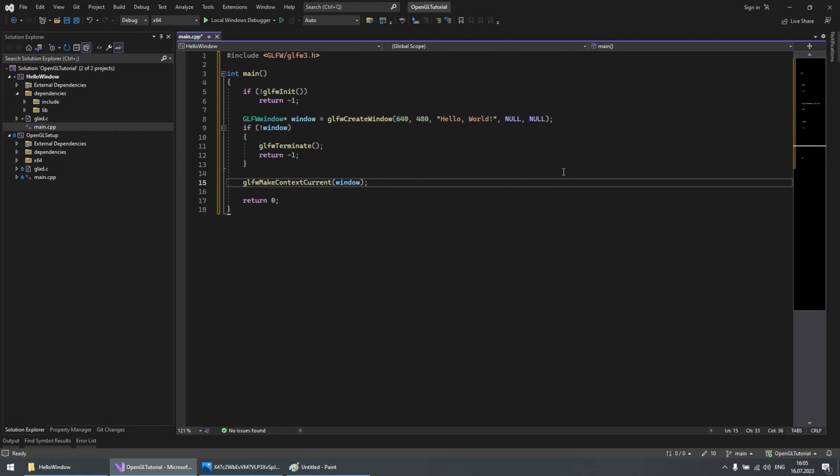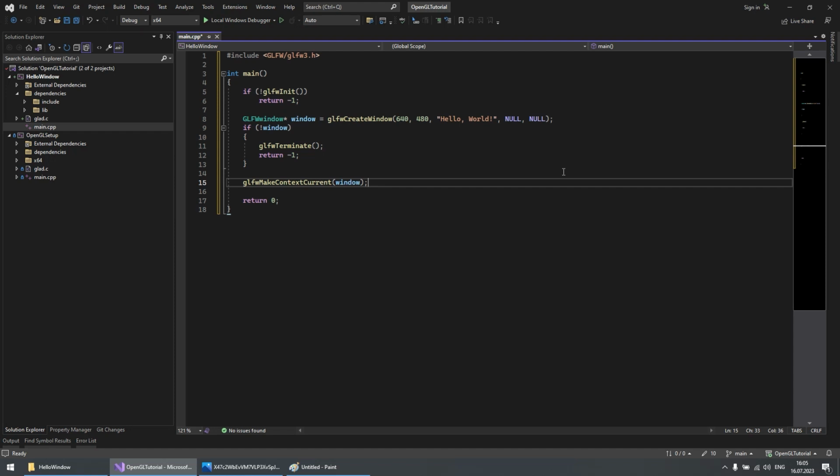And this line makes the context current, and it means that when you issue rendering commands, OpenGL modifies the state of the current context. And by making the context current for a specific window, you ensure that the rendering commands will affect the window that you just created.